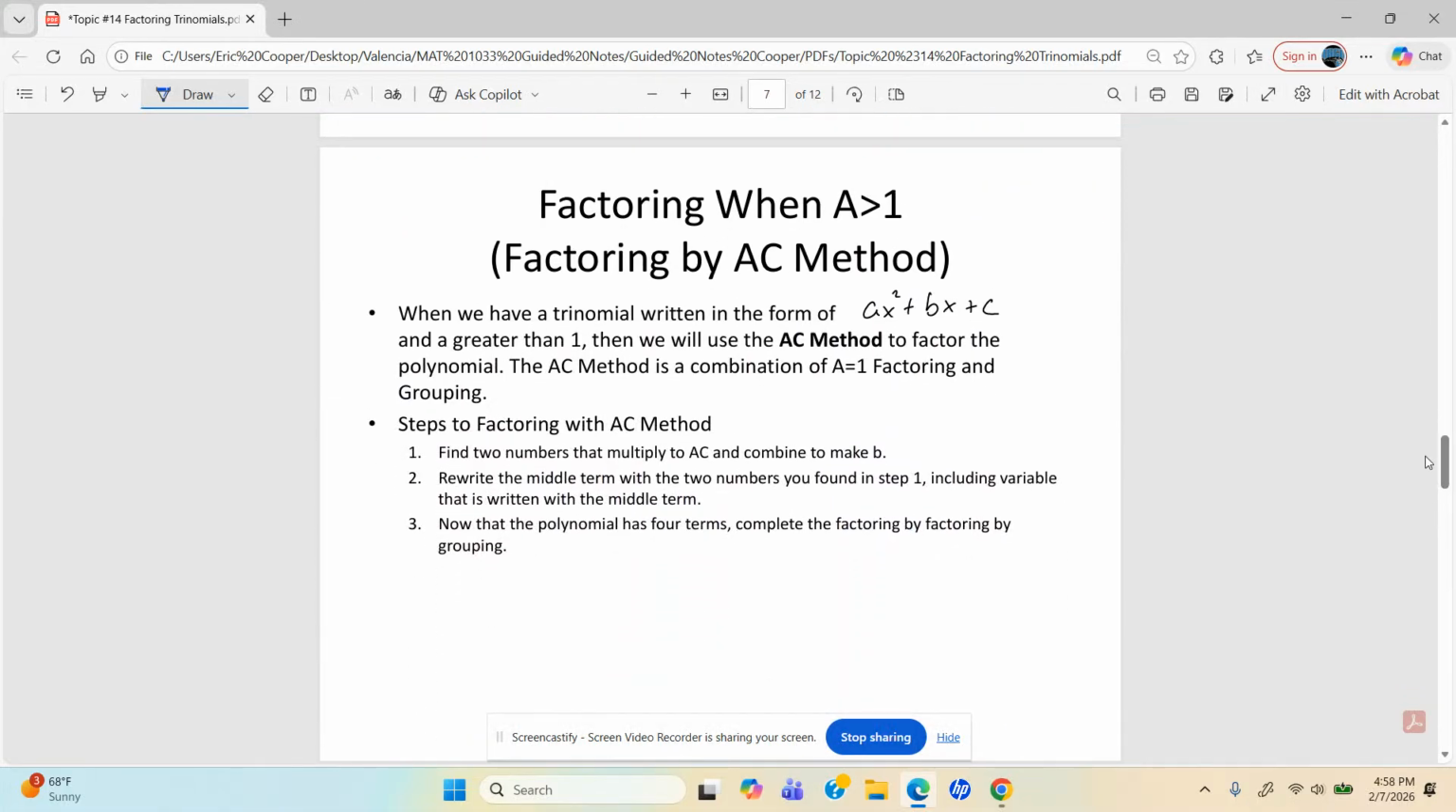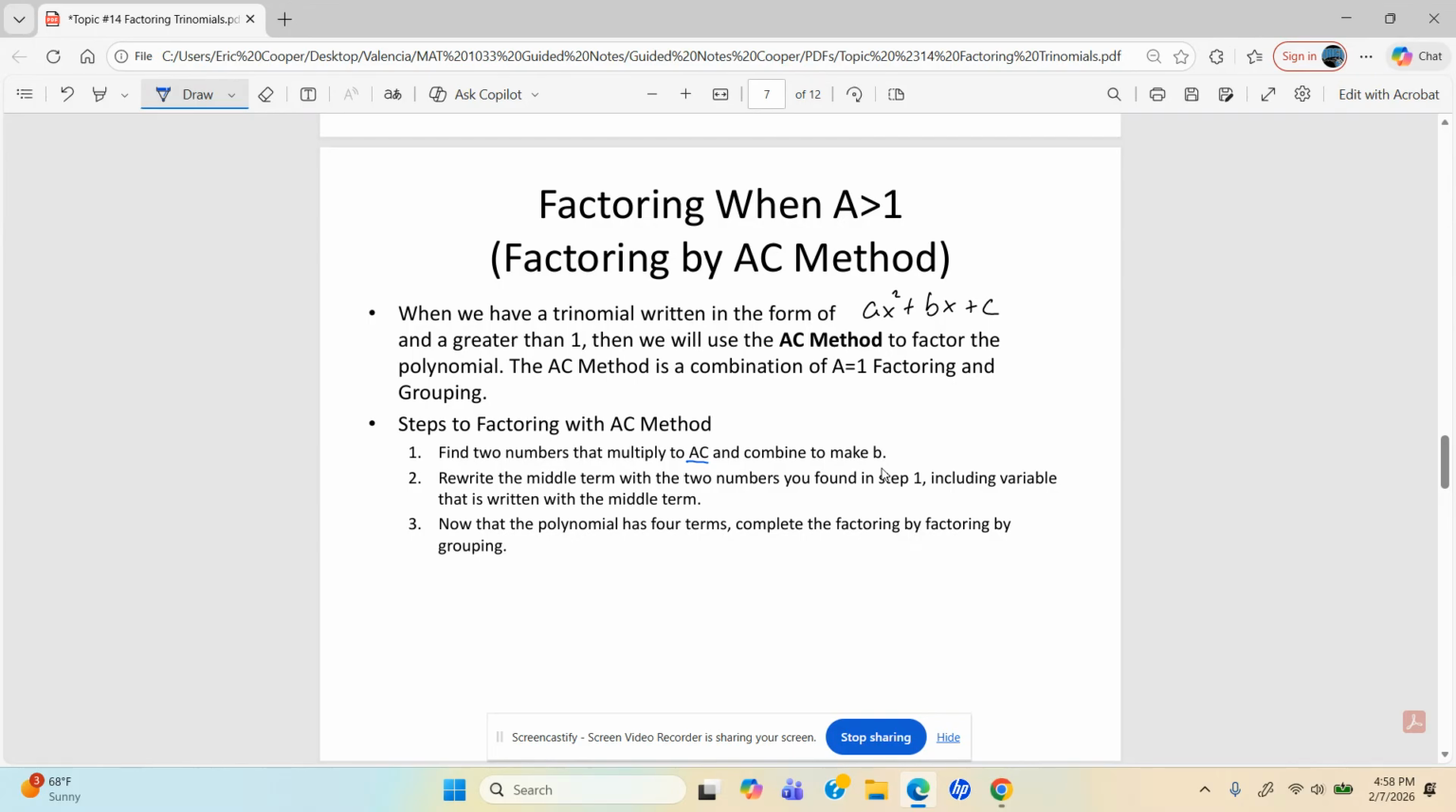Factoring when a is greater than 1, factoring by the AC method. So again, we'll have ax squared plus bx plus c, but now there is a number in front of x squared, and it's greater than 1. So we're going to use this idea of the AC method, which is literally just a combination of a equals 1 factoring and grouping. The first thing we're going to do is multiply a times c to make b. So in a equals 1, we just use c to make b, but we're going to do a times c